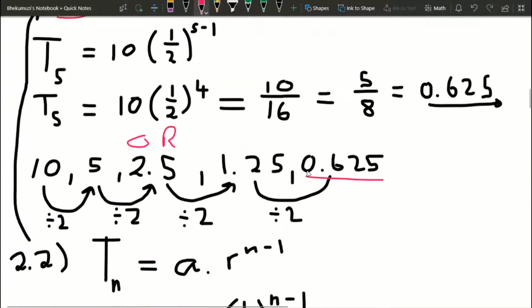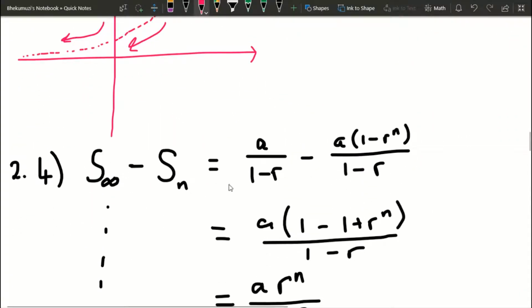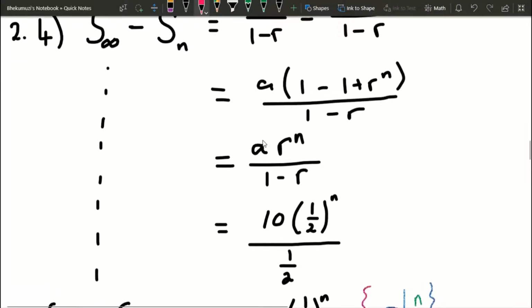And so basically this one is a bit more straightforward. What you do is you use the formulas that you already know. You know the formula of the infinite sum, and that's a over 1 minus r, and it's minus a, and then for the finite sum, it is this formula over here, and then you just simplify, and you find that it's a of r of n, all divided by 1 minus r. Now, we are at this point, but remember what they wanted us to do. They want us to